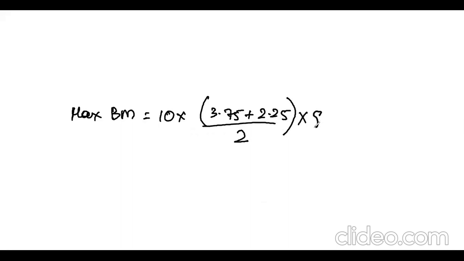Here the height is that load length, so it is 8 meter. By using this, we found the value of the maximum bending moment as 240 kilonewton. This is the maximum bending moment. So we have finally found the maximum positive and negative shear force and the maximum bending moment using the influence line diagram. Now I hope you are very clear about this simply supported beam.